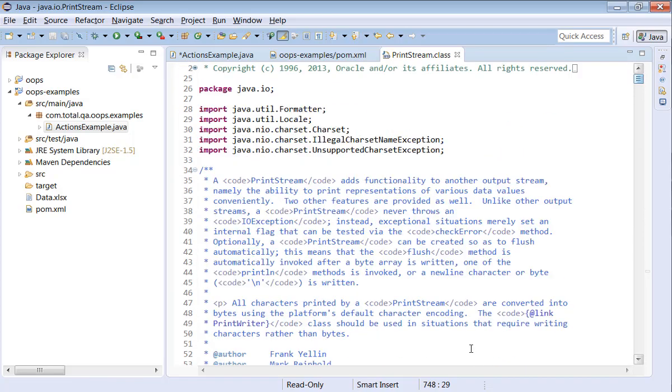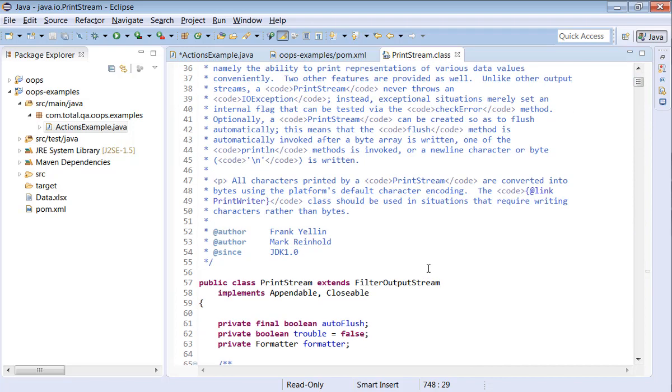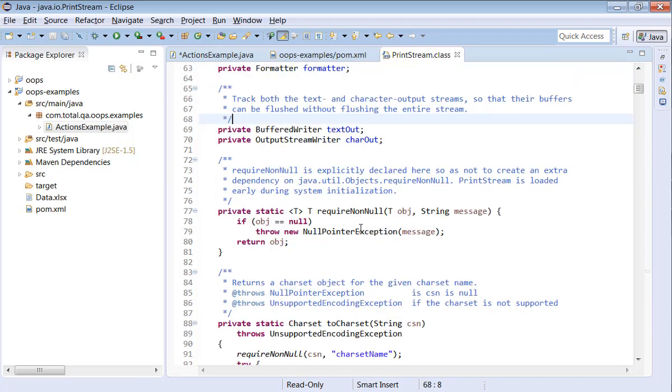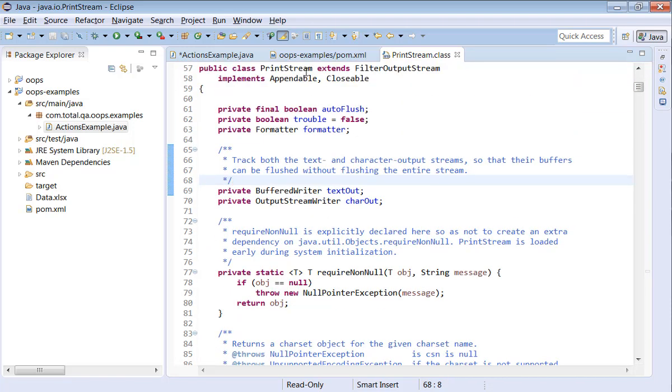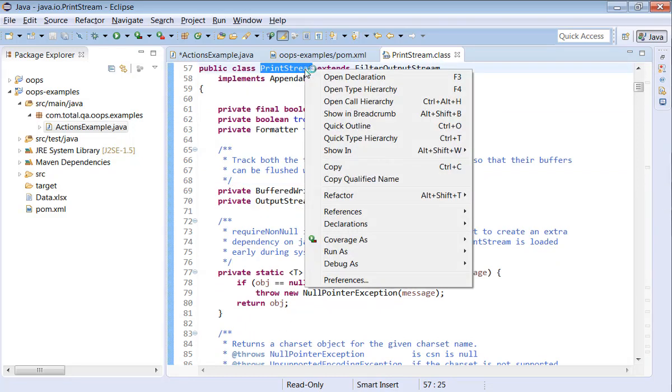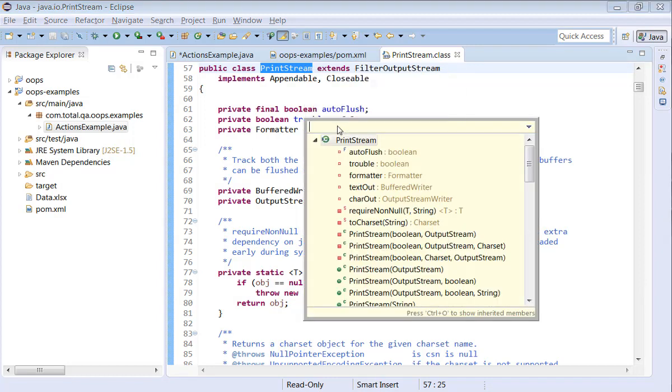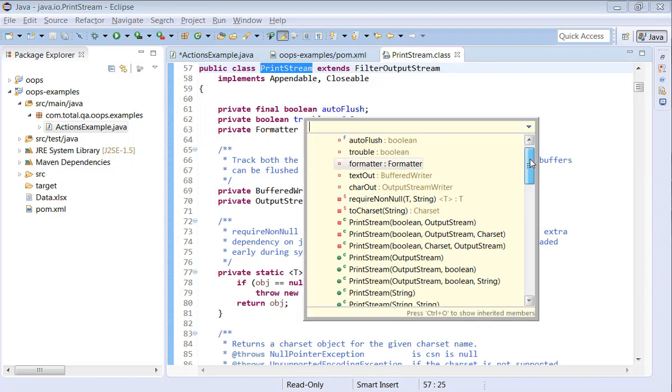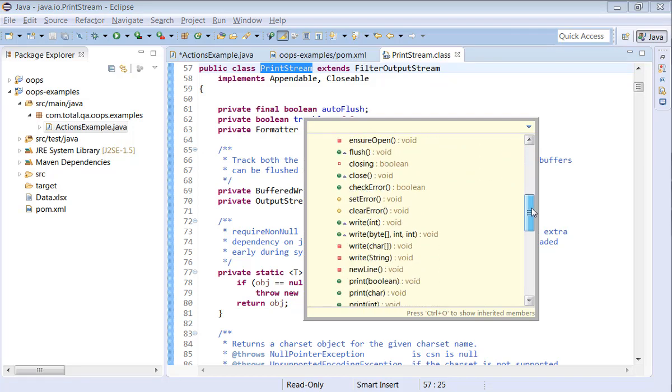Now also, the class name is PrintStream class, right? Right click on the PrintStream class and see here quick outline, and just mouse over here and scroll down on the scroll bar. You see how many methods have the same name.